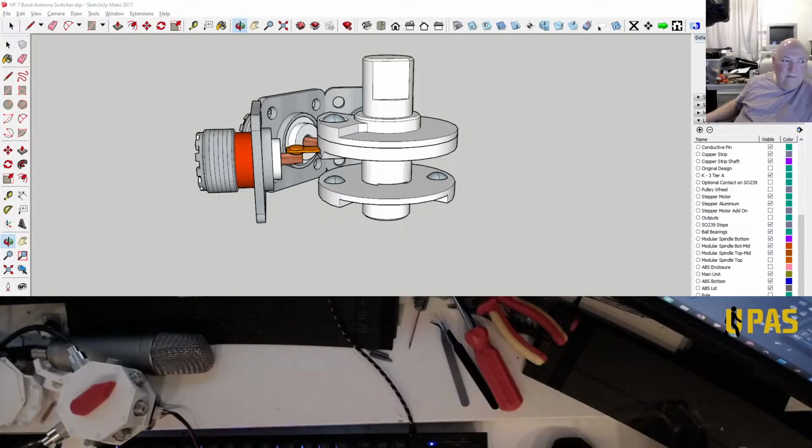I don't know. Well, maybe I've built enough for 10. I haven't built enough. I've got enough parts for 10, so I've got to get 3D printing.